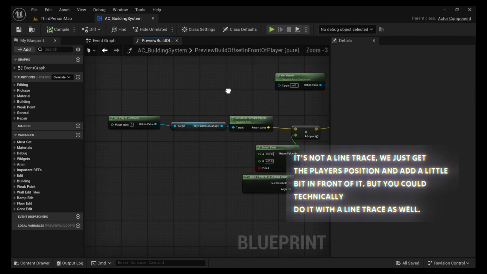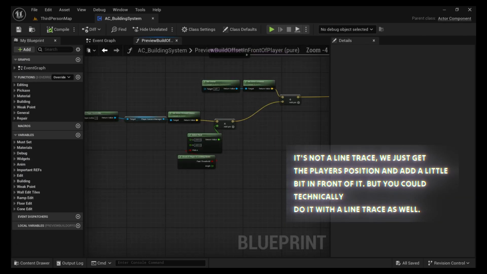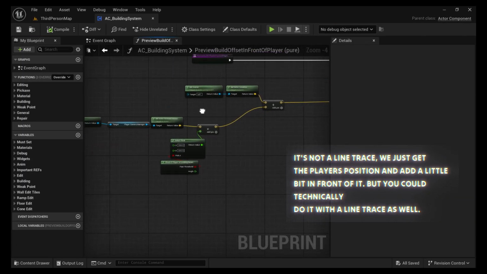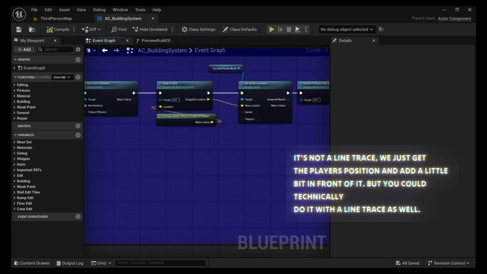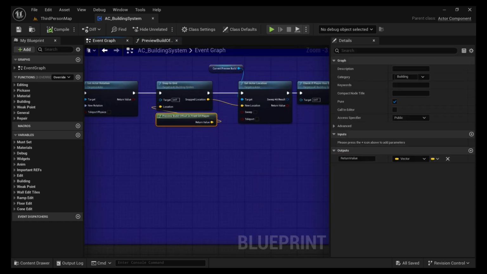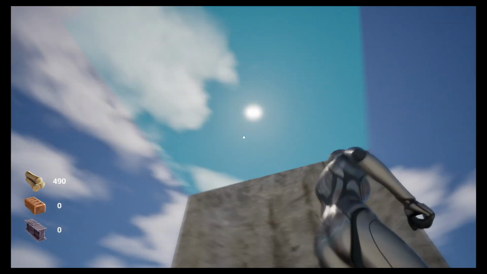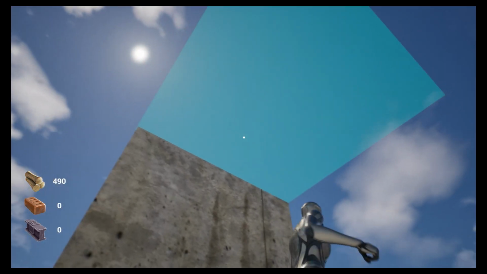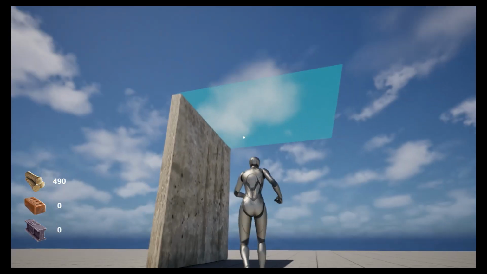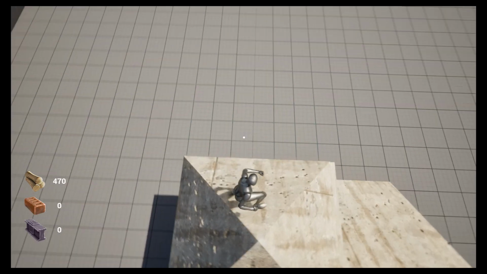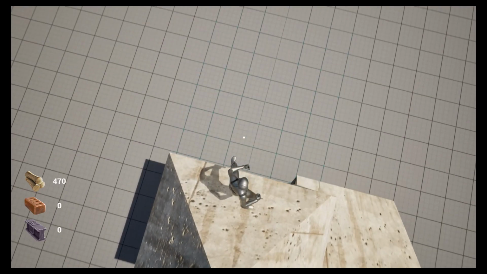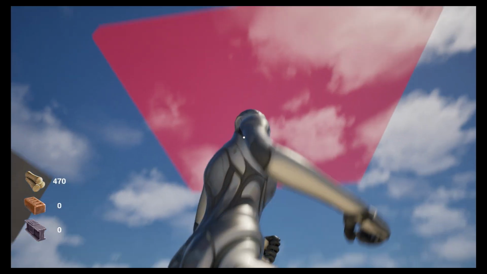We can make the build preview go in front of the player where they are looking by doing a line trace just in front of them. There are a couple of cases though where this doesn't exactly work. For example, if we are looking directly up, we want the floor to be placed just above us, but in the same grid tile as us, not in the next one along. And if we are looking down, it's the exact same thing. We don't want it to be in the next one down, but in the same tile,